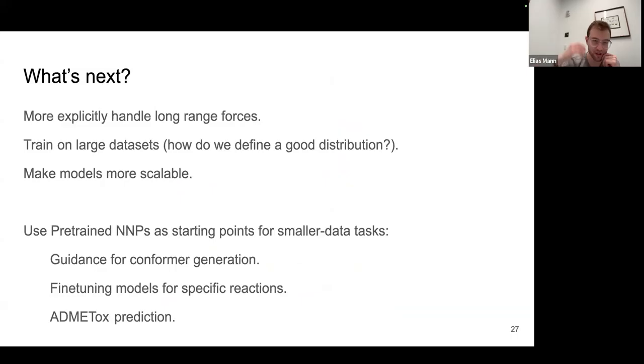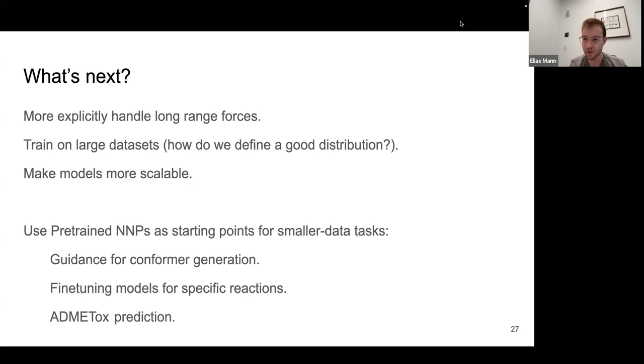So yeah, what's next? There's so much cool stuff to be working on now. There's so many cool things that can be done with the OMol25 data set that's been released. I think, what does it look like to train on a really large data set? What does it look like to define a good data distribution? Kind of like what you were saying earlier,